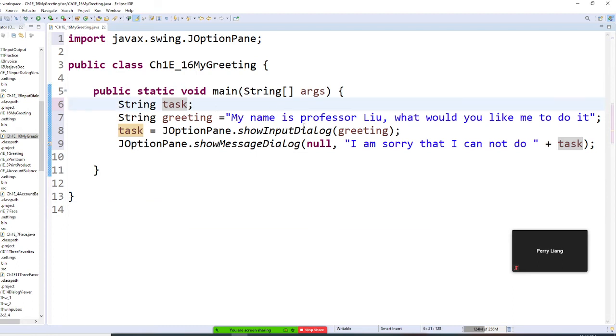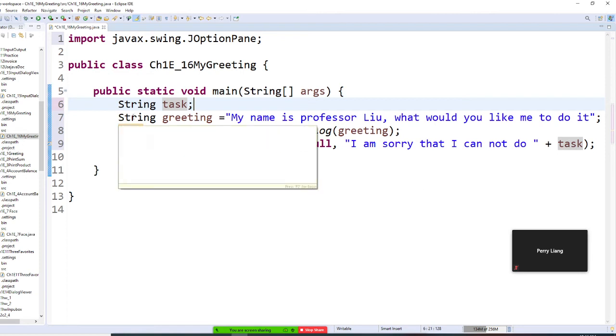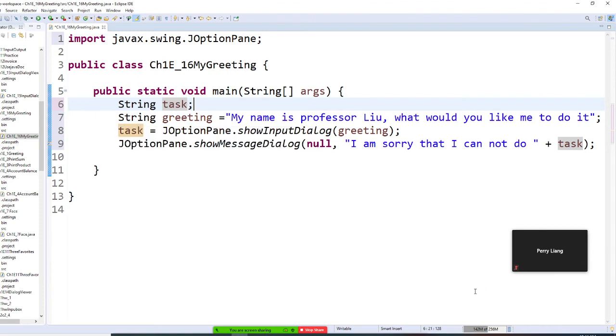Number one, you have a show input dialog box. Normally the question is put here. But if your question is very long and you want to be flexible, you want to be able to change your question all the time, you have several sets of questions, and you create a variable called greeting. Then you put your question right here.